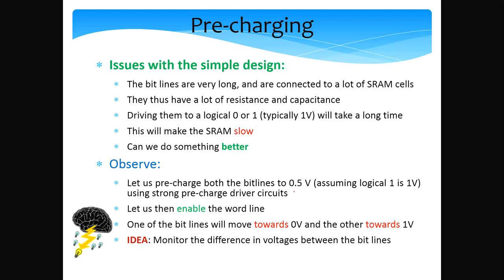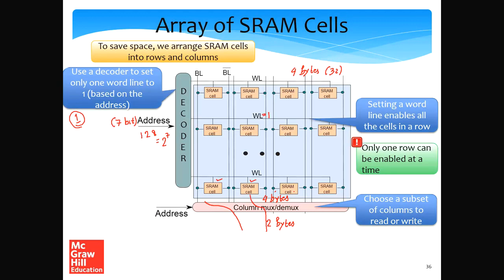The first is, so let's go back to this particular slide once again, remove all our annotations, and look at it once again. So we have an array of SRAM cells. Mind you, this array can be very big. The array can have literally thousands of rows. If you want a typical example, let's assume that I have a 256 kilobyte SRAM array. 1 kilobyte is 2 to the power 10 and 256 is 2 to the power 8.